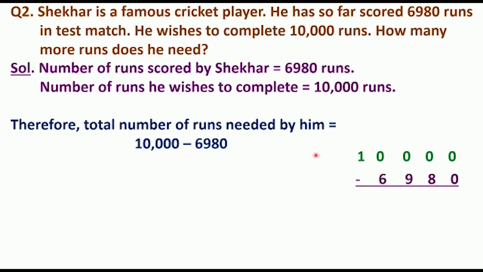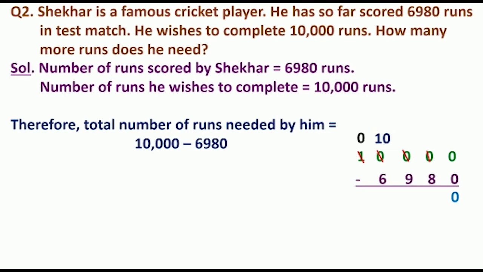This 0 minus 0 will be 0. Now we cannot subtract this 8 from 0, so this 0 will borrow from the left hand side 0. As this 0 is also not having anything, it will again borrow from the next left side 0. This 0 is also not having anything, so it will again borrow from this 1. So this 1 will become 0.